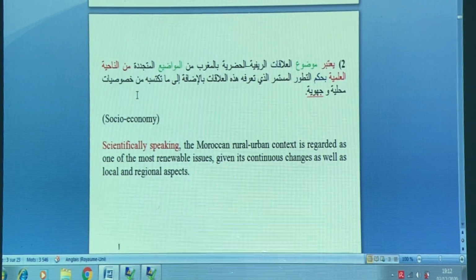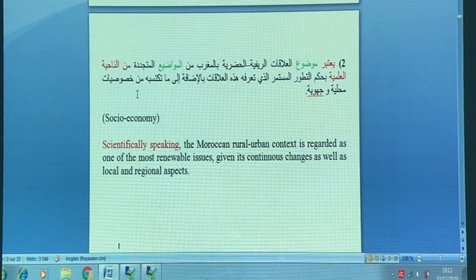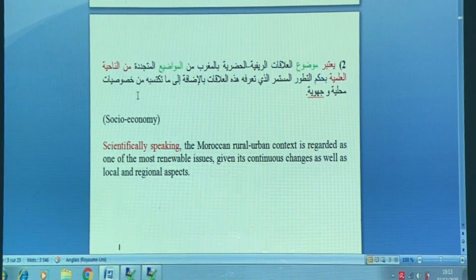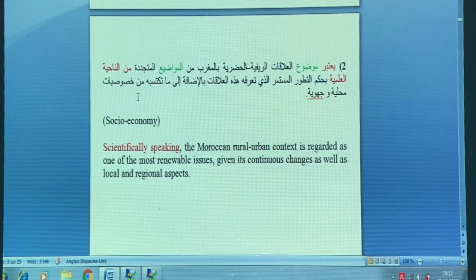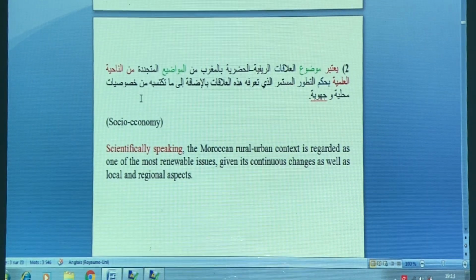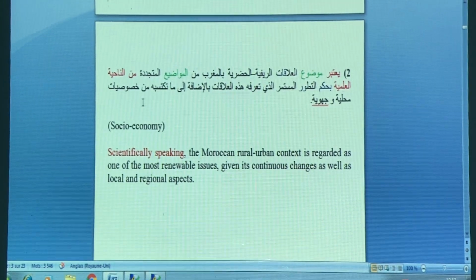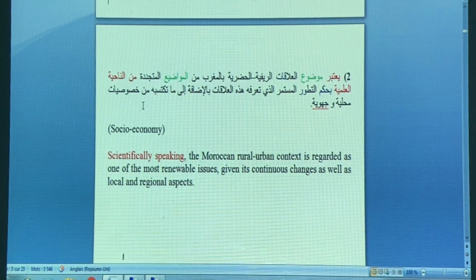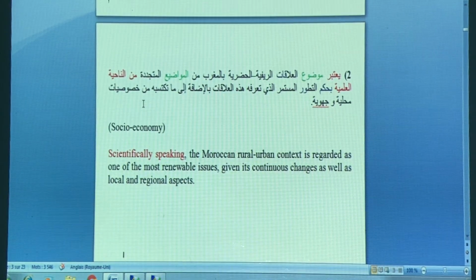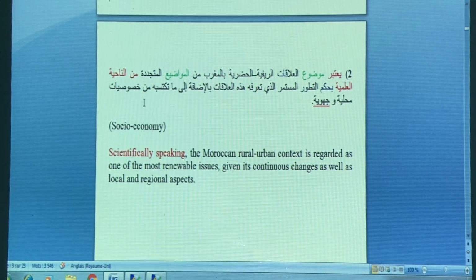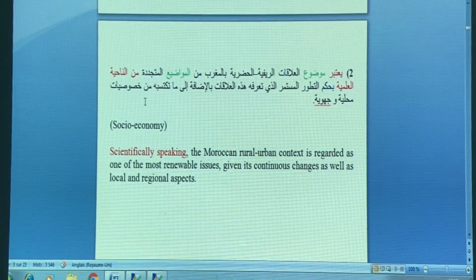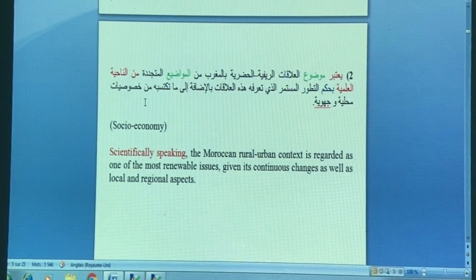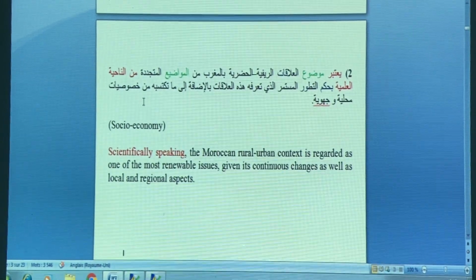Here again, you see that the sentence in Arabic starts by the verb يعتبر, and then موضوع من المواضيع. This is a characteristic of Arabic. In Arabic, we have a lot of repetitions. من الناحية العلمية. For me, this could be at the beginning of the sentence in English. So we can say, scientifically speaking. Now we have